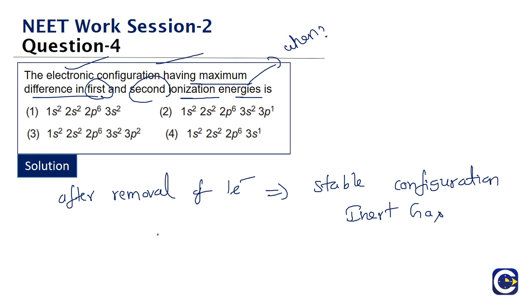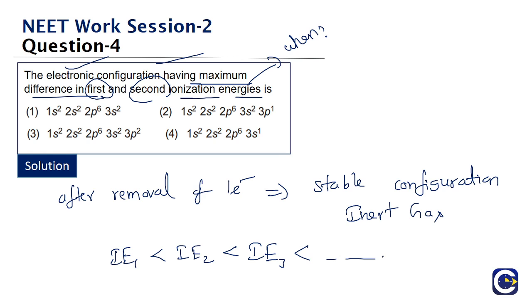Generally, ionization energy values will keep increasing. For example, the first ionization energy value will be less than the second, which will be less than the third. Generally, the successive ionization energy values will be increasing. Why? Because the first time when we are removing an electron, we remove it from the neutral atom. The second time we remove it from the monovalent positive ion. The third time we remove it from the divalent positive ion. So the positive charge on that cation keeps on increasing, which means removal of the electrons becomes that much more difficult. That is the general trend.